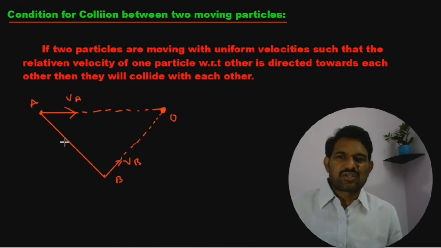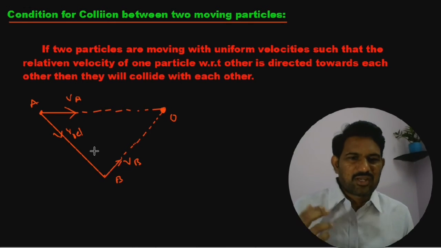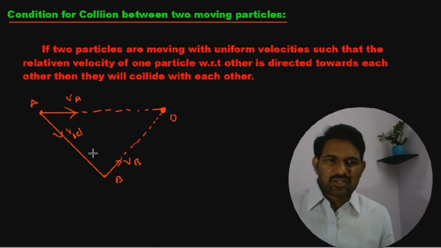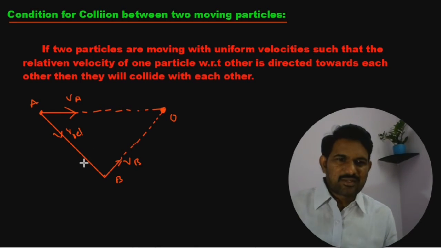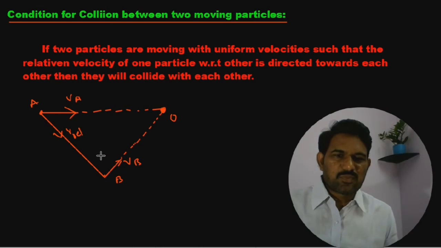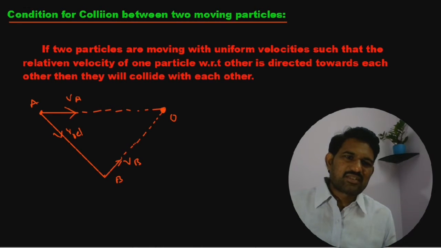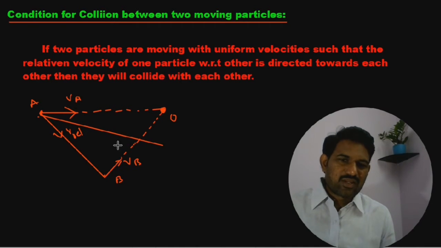You may find the velocity of A with respect to B, or the velocity of B with respect to A. If the relative velocity is along the line joining the two particles, then collision is possible. If the relative velocity is not along this line, if you are getting this relative velocity somewhere along this other direction here, then collision is not possible,